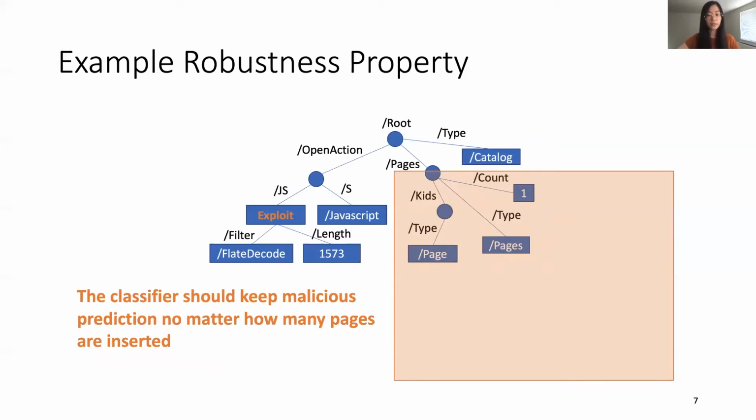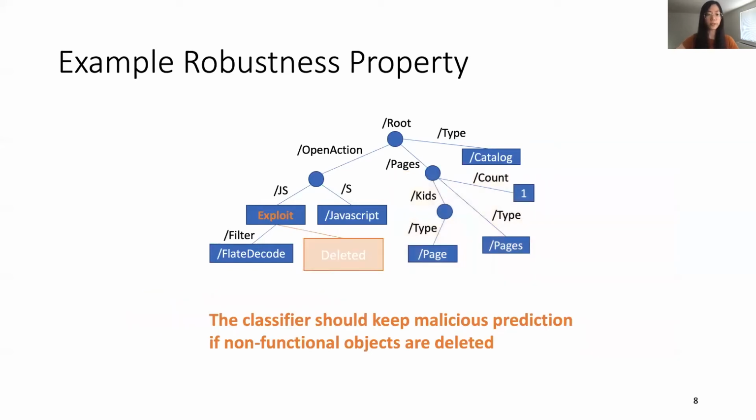For any security classifier to be practically useful, it must have robustness in addition to having high accuracy. In this case, the malware classifier should have a robustness property that it keeps the malicious prediction no matter how many benign pages are inserted into the PDF malware. As another example robustness property, the classifier should keep malicious prediction if non-functional objects are deleted from the malware. Here, the figure shows that an attacker should not be able to evade the classifier by deleting the non-functional length